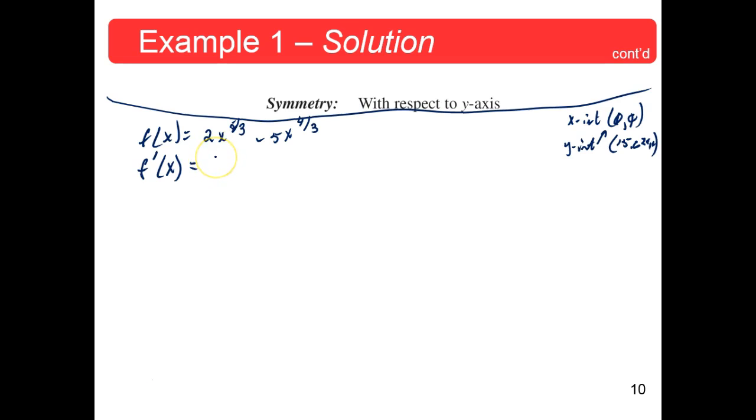Say again? I can't hear. 10 over 3, 10/3 times x to the... Say again? Really? You're reducing it by 1? 4. Okay, yeah. But the 5/3 would be, reduce that by 3/3 and you get 2/3. Did I hear 2/3? I was hearing 1/3. Okay, yeah, 2/3 is right. Okay, good. Okay, minus